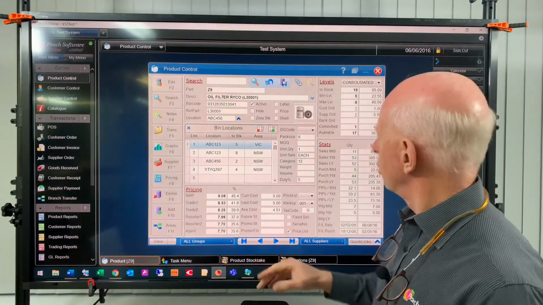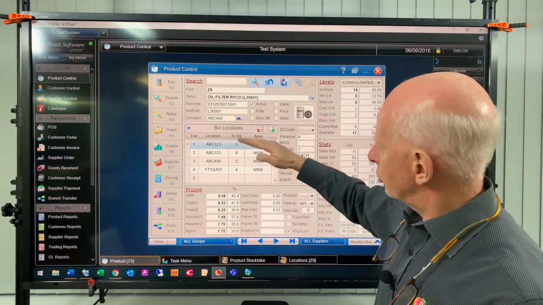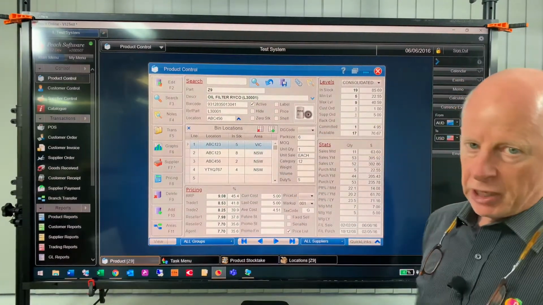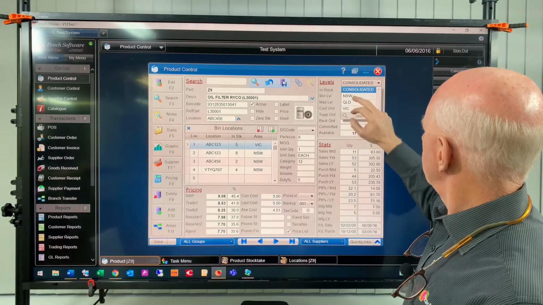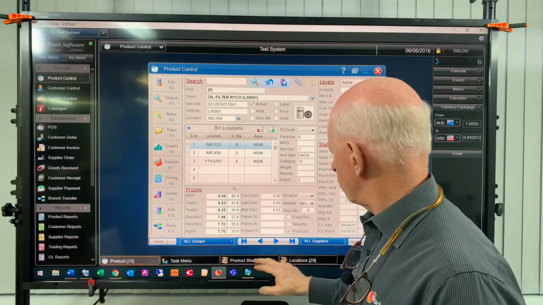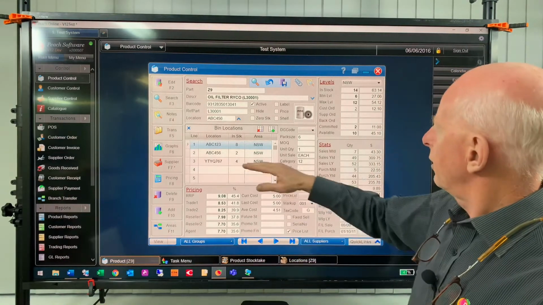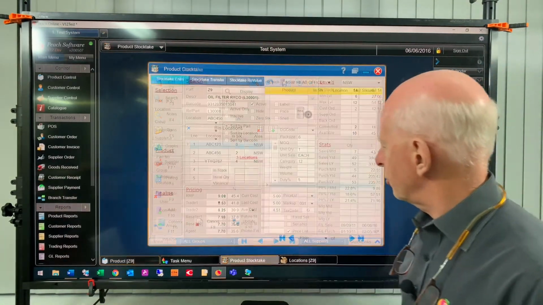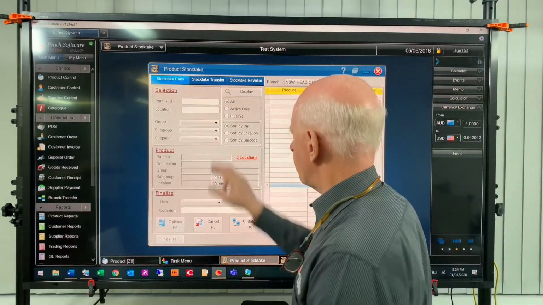So basically, whatever's in stock up here is the total of all the locations for this product in this branch. I should highlight New South Wales there. So let's go into stock take control. So remember, our primary bin, which is 456, has got 2 in it. If we go into stock take and we look up the part number,